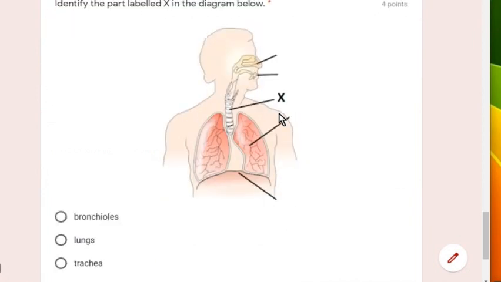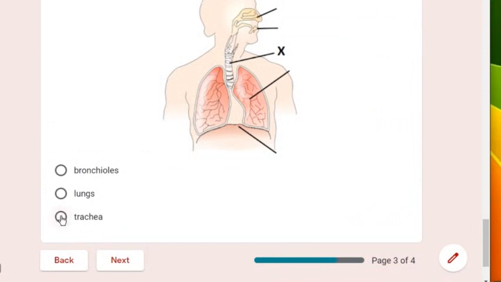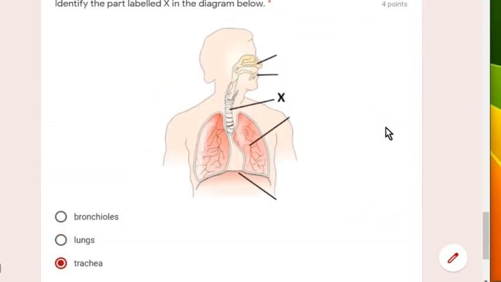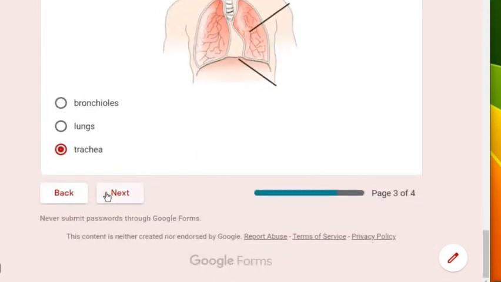The part labeled in the diagram, which is X, is the trachea. With the other parts, we can see the lungs, the diaphragm, the nostrils, etc. Next section,